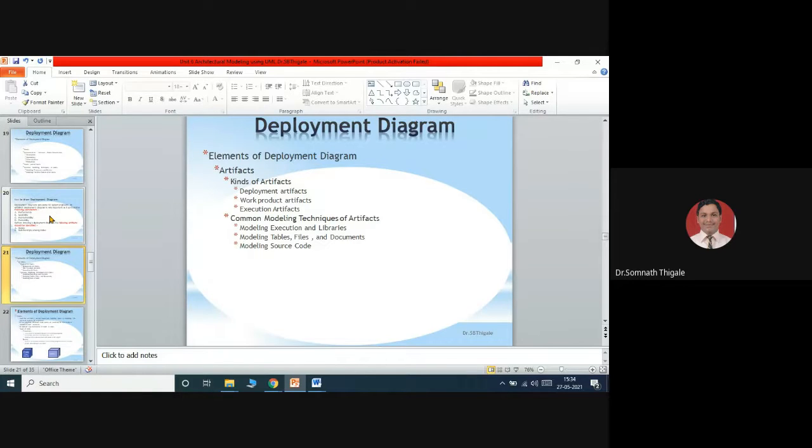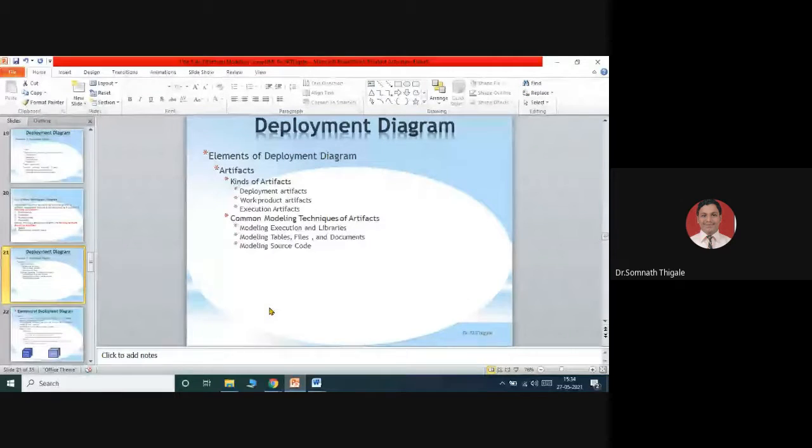So artifact means, as I rightly mentioned to you, these are the way we will represent, or this will help us to identify more details. So supportive scenarios, maybe in terms of a document, or maybe while we are working, we are taking the help of some support persons. So that detailing will be done inside the artifacts.